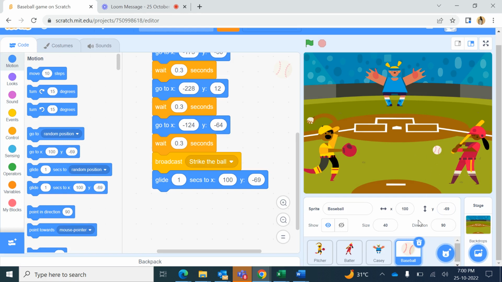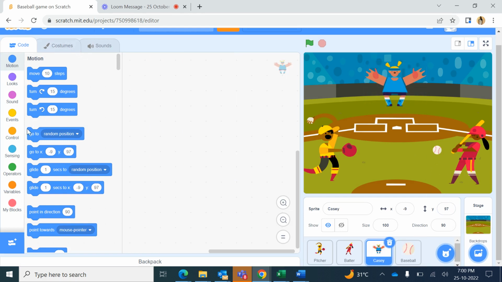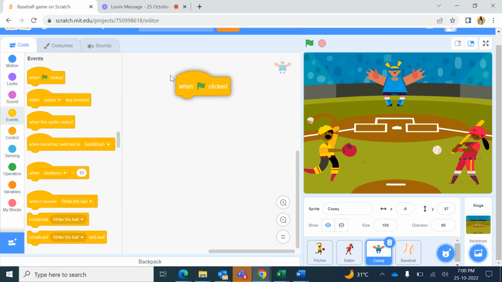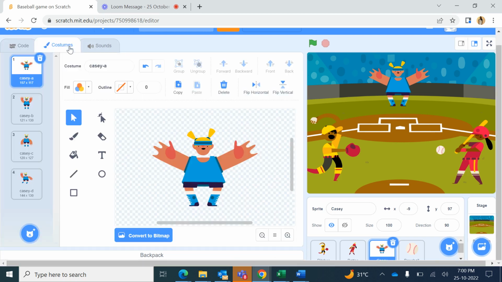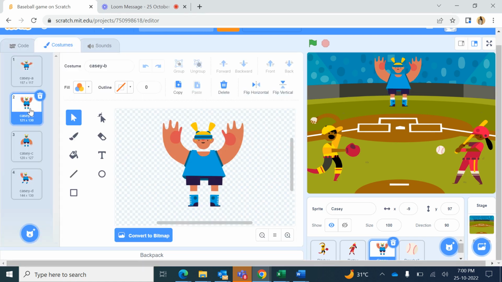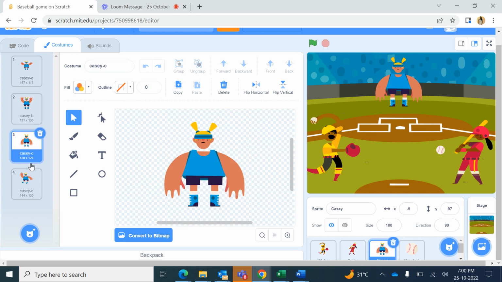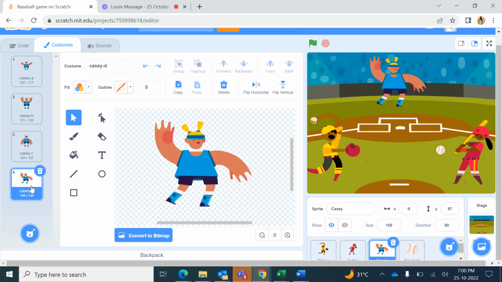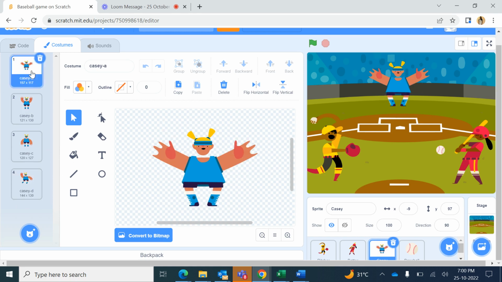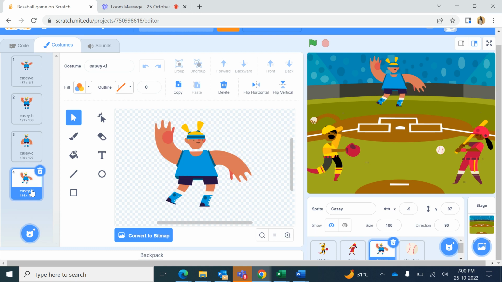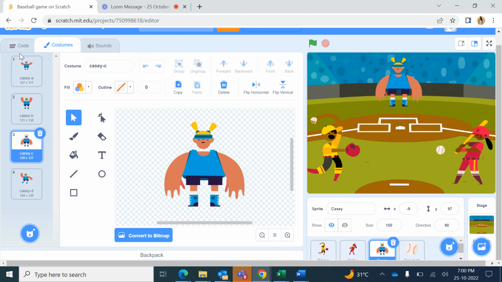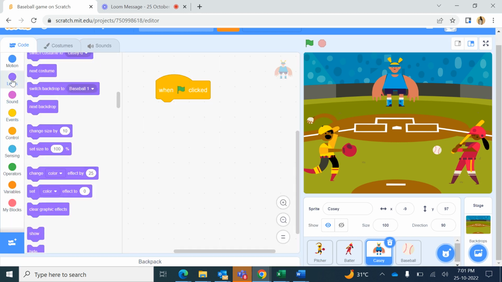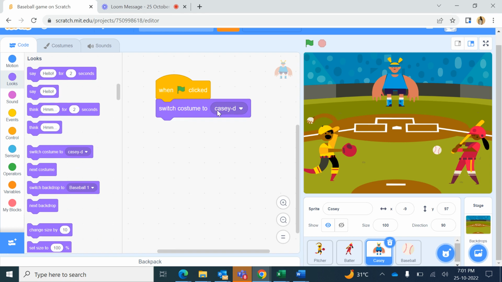So now we go to the Cassie character. In the events, when the green flag is clicked, let's see its costumes. This is the catching position. This is standing. This is catching with one hand. Okay. So we will need Cassie C and Cassie D costumes. So in the beginning, he will be standing in the Cassie C costume. So switch costume to Cassie C,